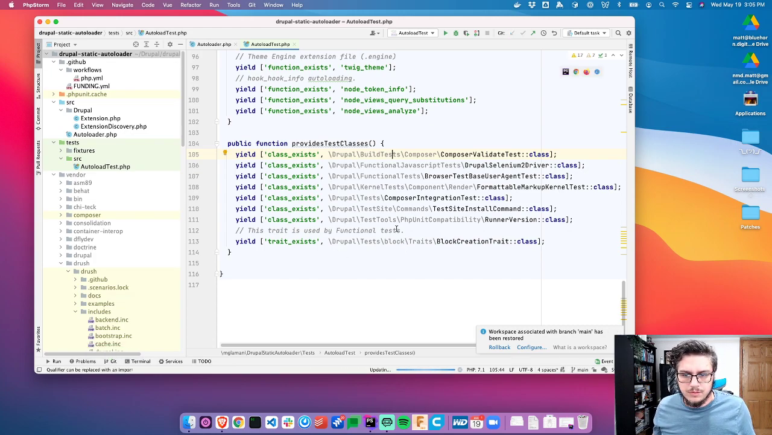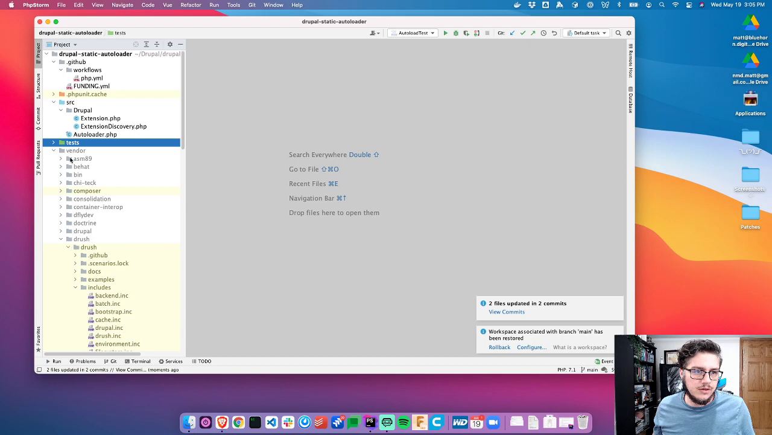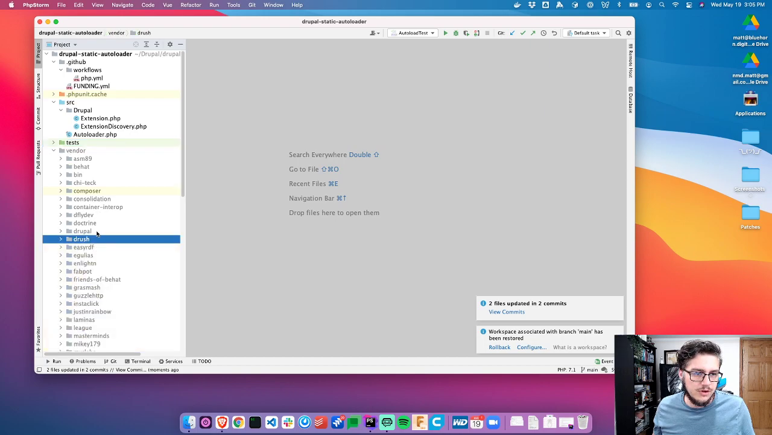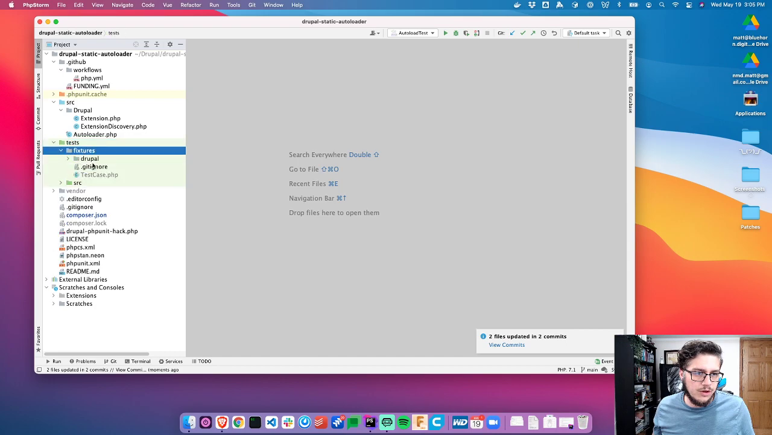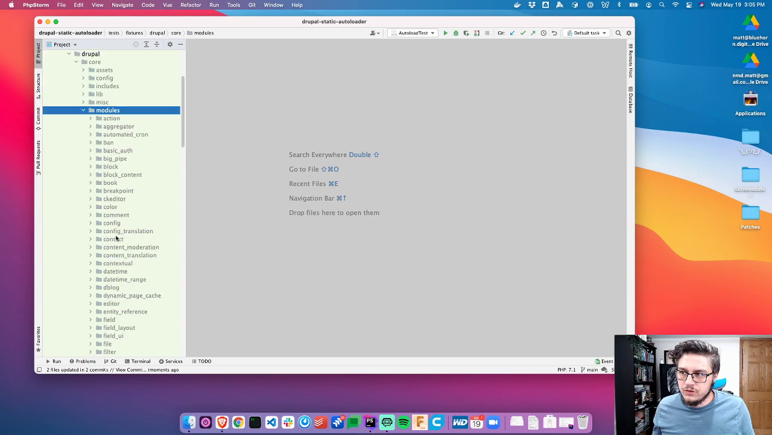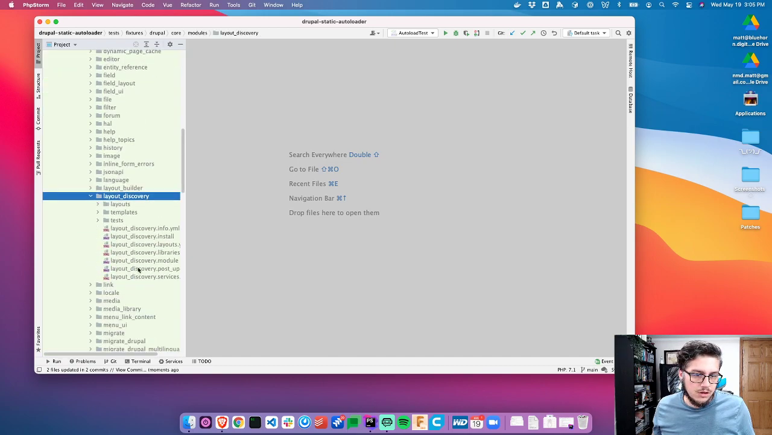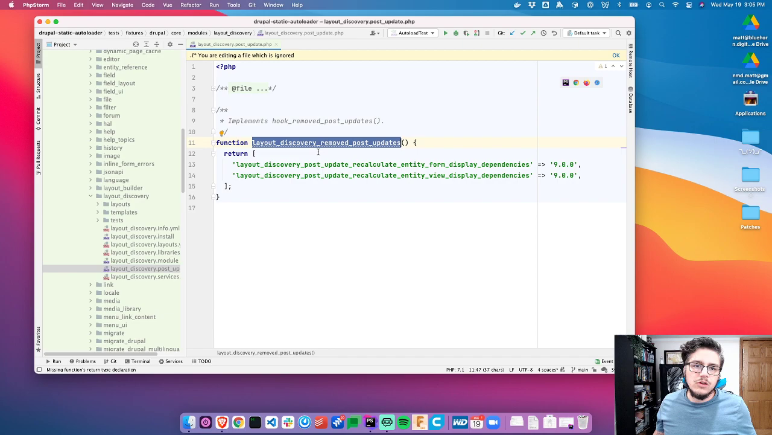Again, I'm going to update. And let's find some examples. So if we go to the fixtures, core, modules, how about layout discovery? Let's do post update. All right, so let's look at this here. So if you're not familiar with this hook, this was added